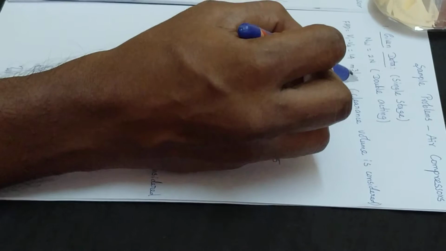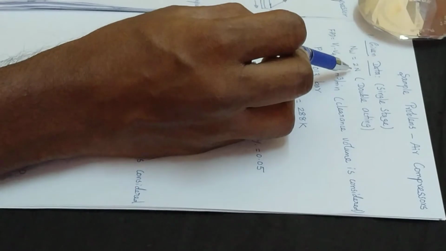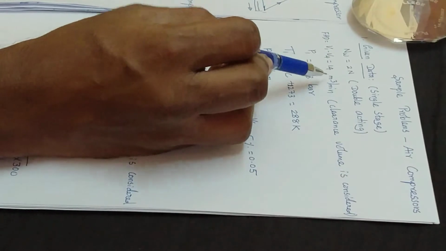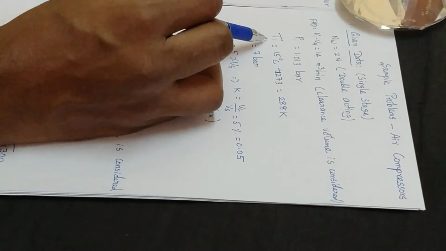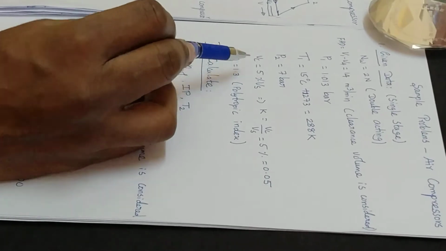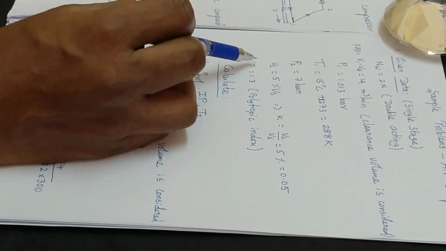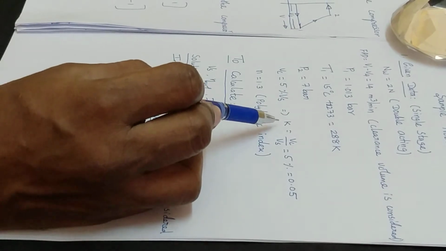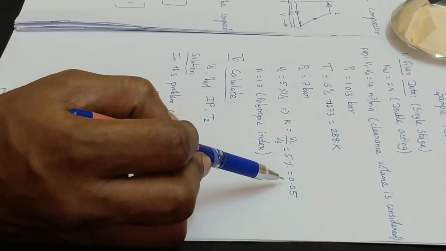We know in the case of double acting compressor, number of working strokes is equal to 2 times the speed of the compressor, and the free air delivered given in the problem is 14 meter cube per minute, and here the clearance volume is considered, and the suction pressure, suction temperature, and the delivery pressure are given, and the clearance volume is equal to 5 percent of stroke volume, and we know Vc by Vs is nothing but 5%, which is nothing but the clearance ratio K. So clearance ratio K is equal to Vc by Vs is equal to 5 percent, which is also equal to 0.05,